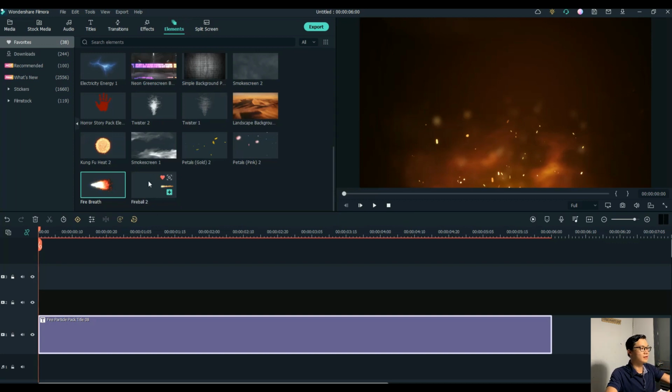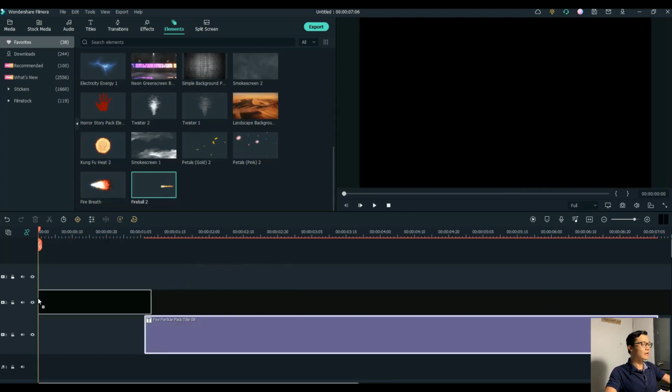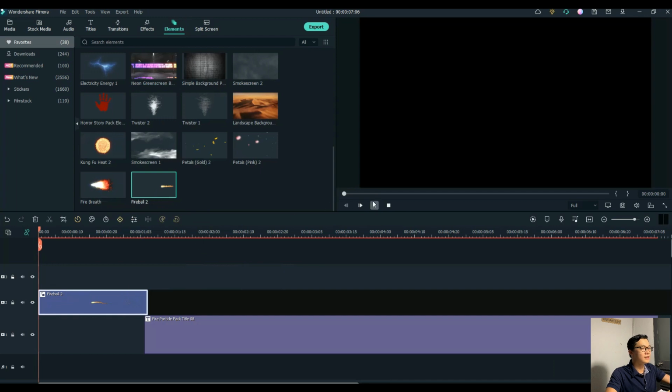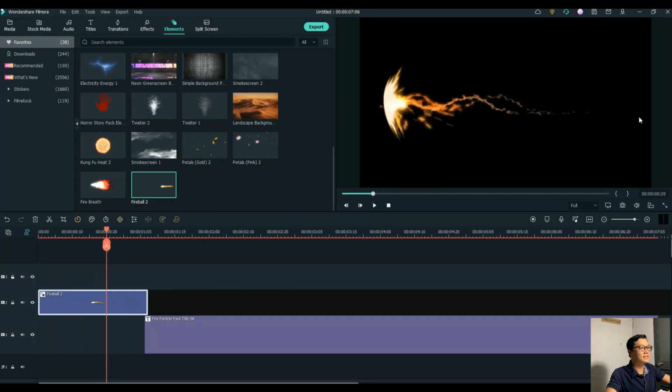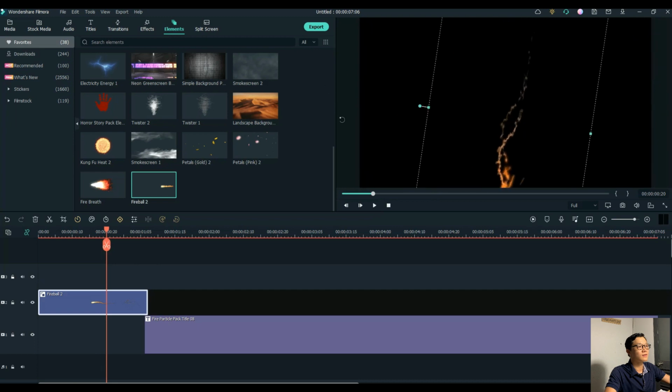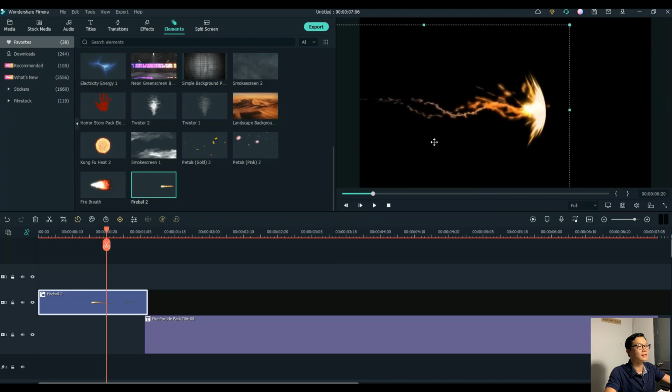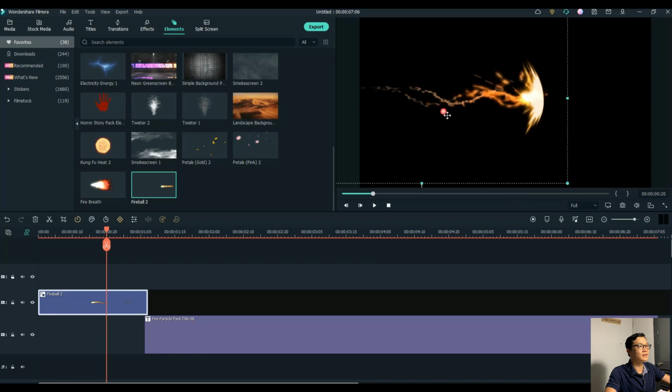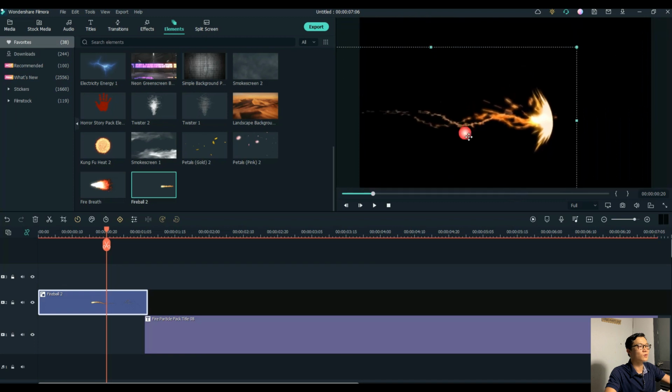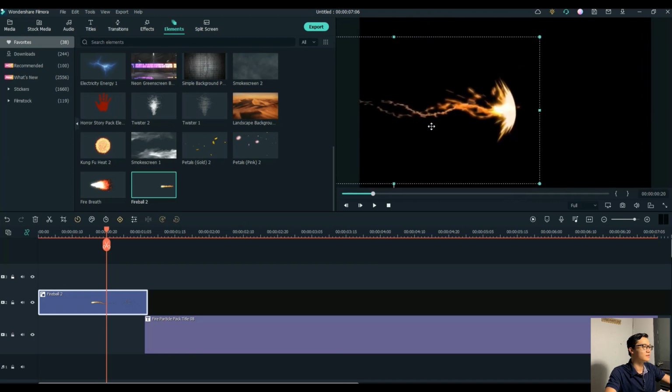And now, for the second part, I go to the element, and I choose the Five Bones 2, right? And you see, here it comes from the right to left, and I want to make it come from the left to right, and I just flip it like this, and I make it a little bit small, and you take a look,